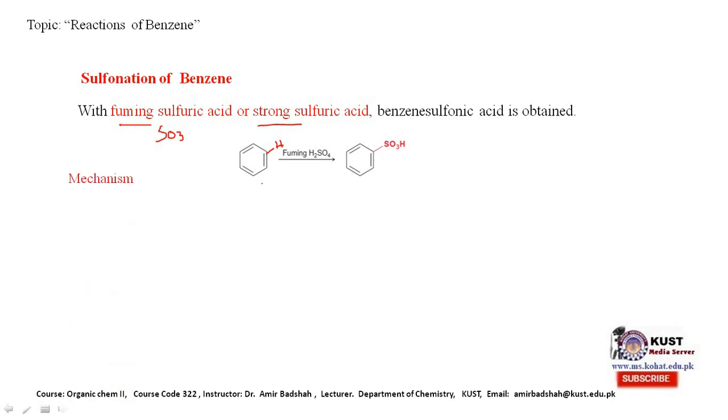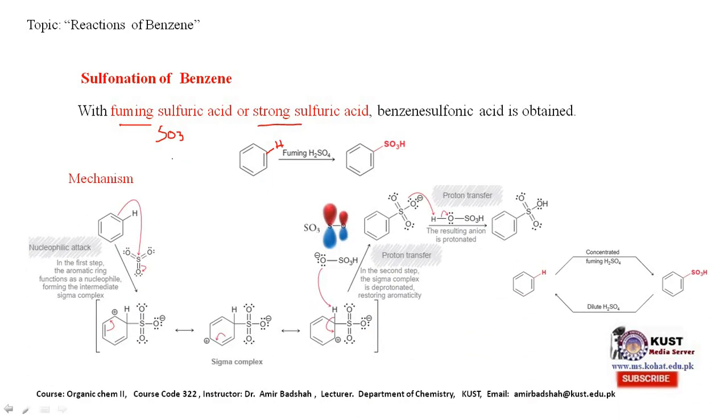sulfonation. The mechanism of this reaction is shown here, that here sulfur trioxide is present, so here is the positive center in the sulfur trioxide. Actually the valency of sulfur looks satisfied because sulfur has 6 electrons in its outer shell, and all the 6 are used, so its valency is satisfied, but still it is electron deficient. How can we know that it is electron deficient? We know that in the case of sulfur,